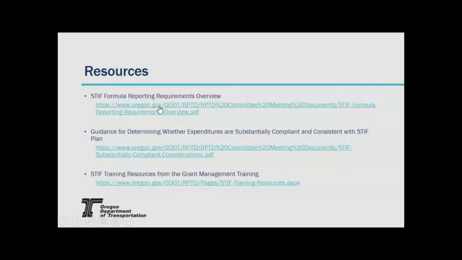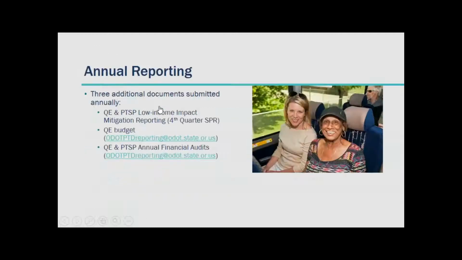One more timing question. If collection began July 1st, 2018, is ODOT estimating Q2 collections by dispersing at the beginning? Can you read that one more time, just so I make sure I'm understanding the question? If collection began July 1st, 2018, is ODOT estimating Q2 collections by dispersing at the beginning?